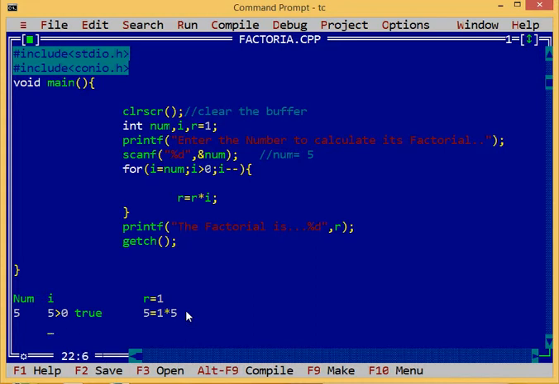The value of I decreases, and now the value of I is 4. Now we check the condition again, 4 is greater than 0. Yes, it's true.